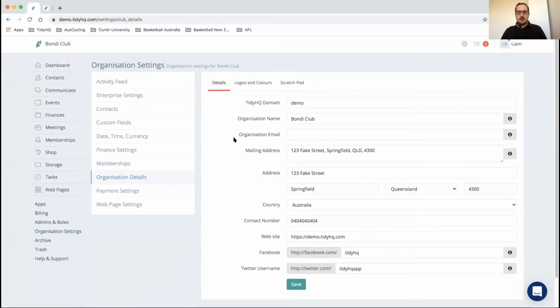The top option here is the TidyHQ domain. We address this in our web page series as well, but what this does is give you your domain name in the address bar up here. So the domain is demo.tidyhq.com. Whatever word you put in there will appear before .tidyhq.com. You can also register your custom domain name through the app section here. We have an app for that, which we can take you through separately if you do have an existing website